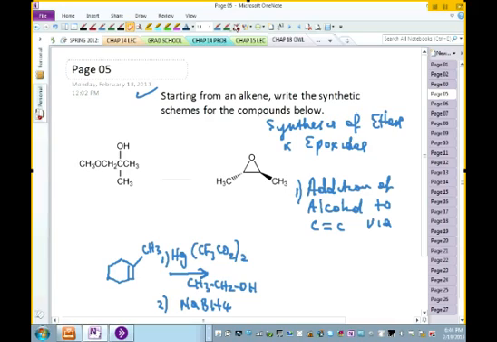So if we say this is Markovnikov addition, let me label this. Let us say this is carbon 1 and carbon 2. Where would the hydrogen go? Hydrogen goes on 1, exactly. It is a Markovnikov addition. Think of it as a Markovnikov addition of alcohol across the carbon-carbon double bond. In that case, you now end up with this.